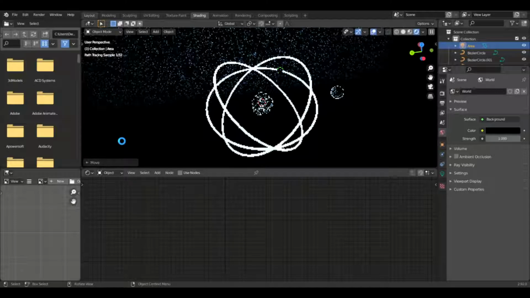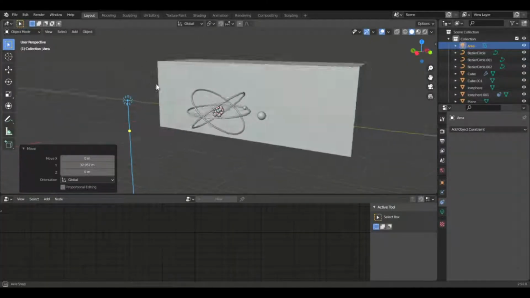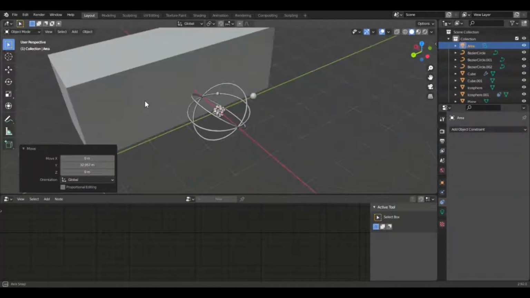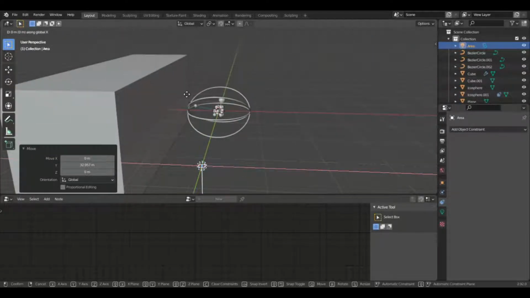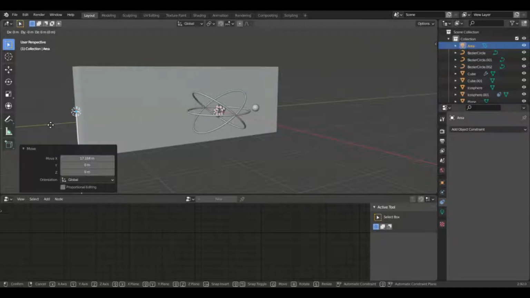Blender's not responding. So now we're in the layout view, and if we move the light all the way to the back, a little forward, a little back,